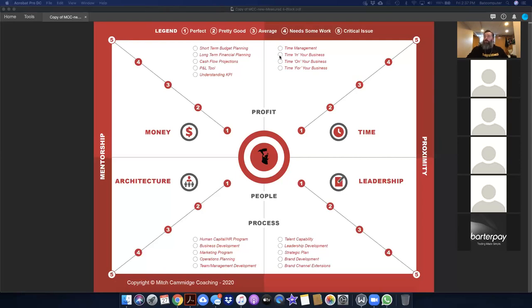Am I focused, and do I know what the expectations are for myself and other people in my business, what their actual roles are, and are they doing the job very well? Time on my business is myself, any partners, senior leaders, or key stakeholders helping to plan, direct, and grow my business. Time for my business.